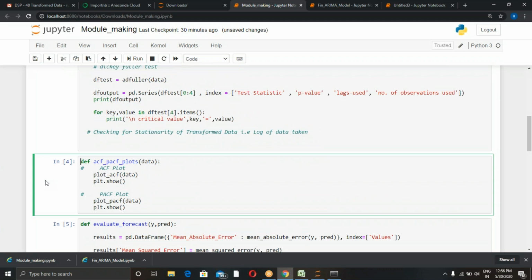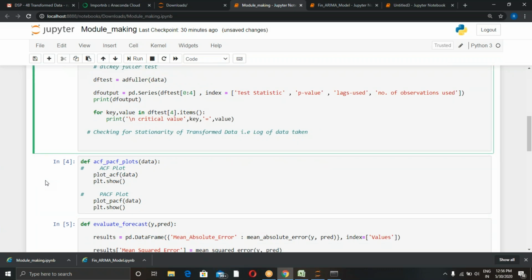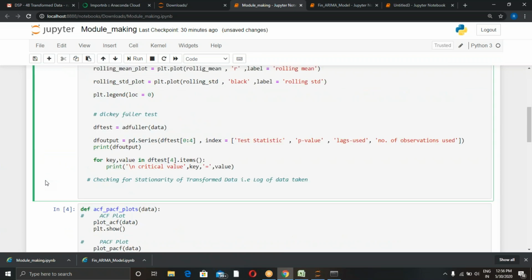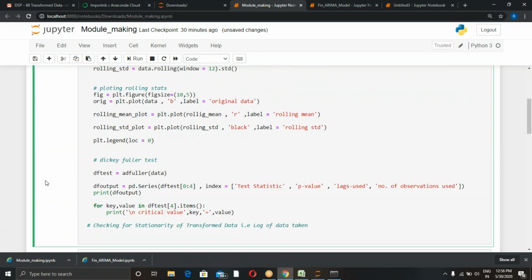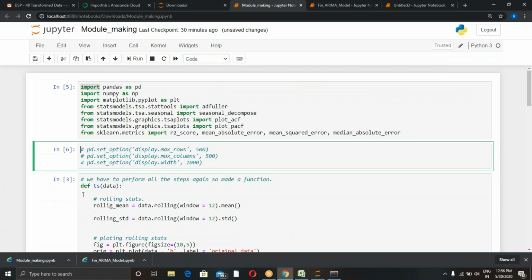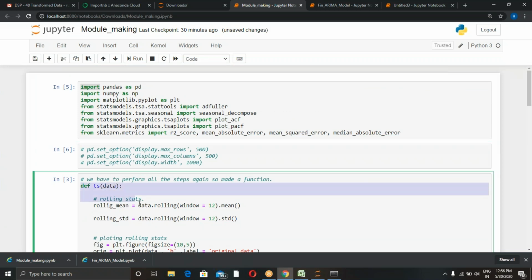Just copy paste this code from df test till this print command. Copy paste this code for the Dickey-Fuller test only, not the complete function.